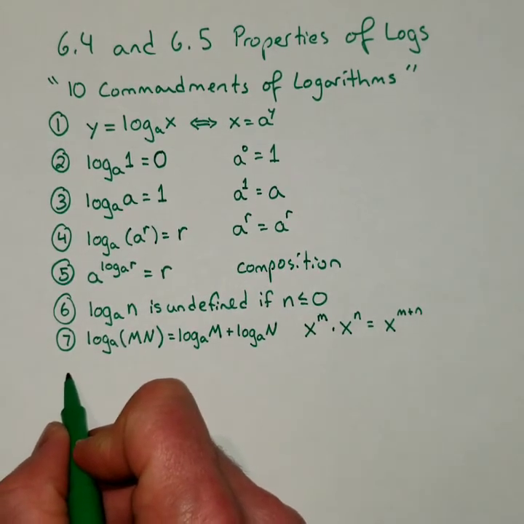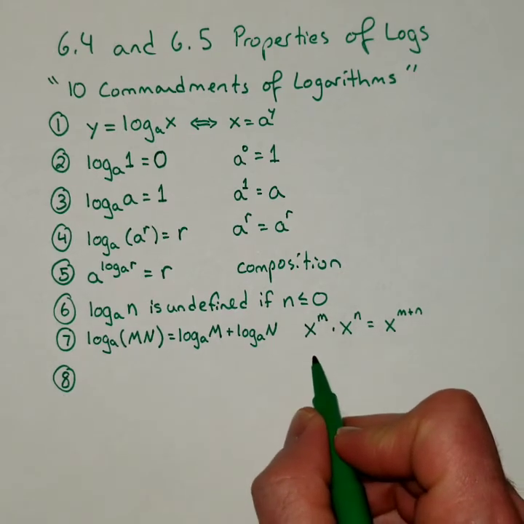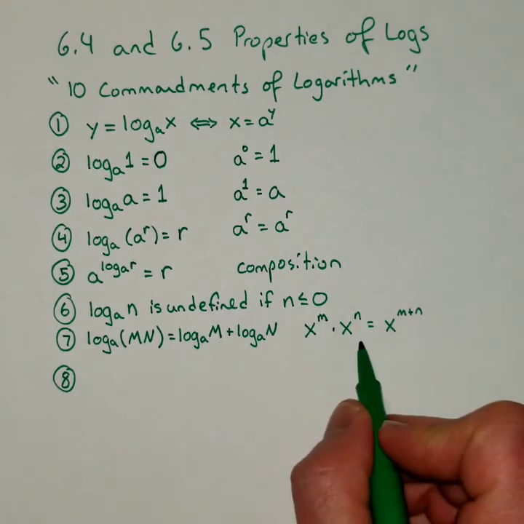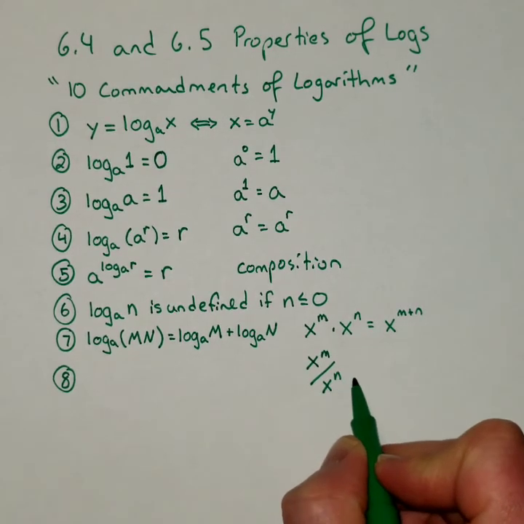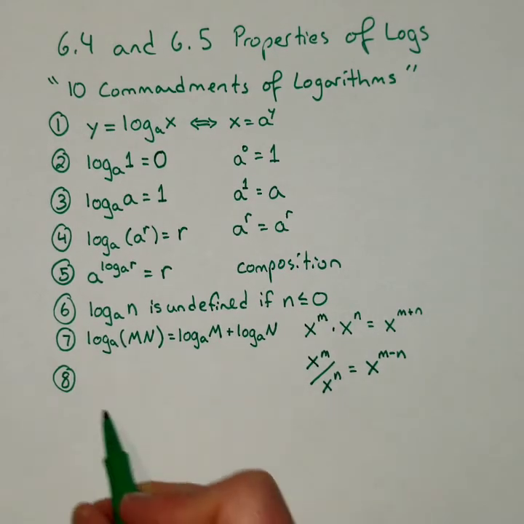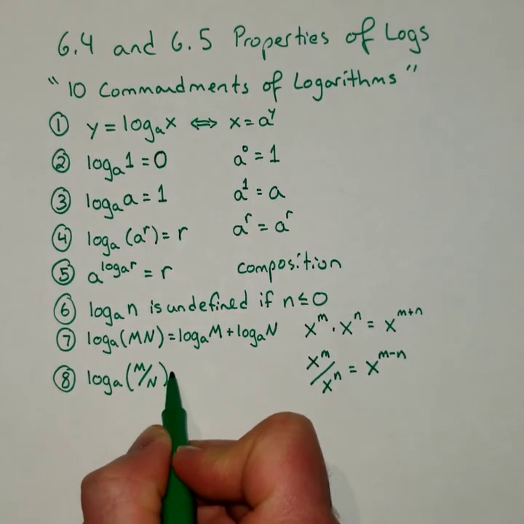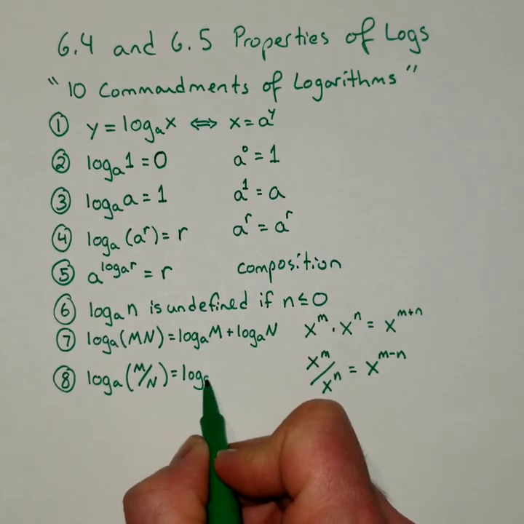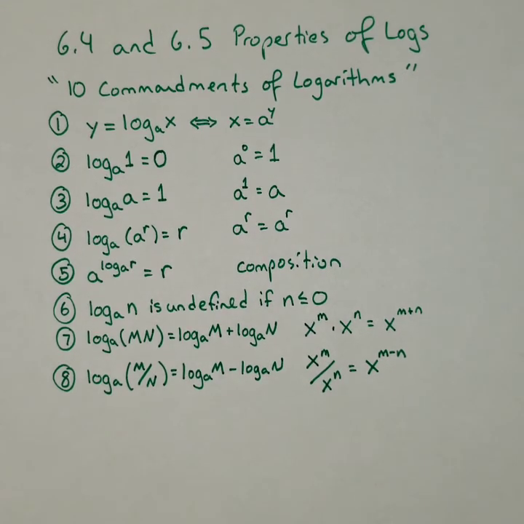And if you think about how that might relate to division and subtraction, property 8 relates division and subtraction. Remember, with exponents, if you have a ratio or a quotient, you then subtract the powers. Same thing with logarithms. If you're dividing on the inside, you will end up subtracting on the outside. Okay. Property number 9